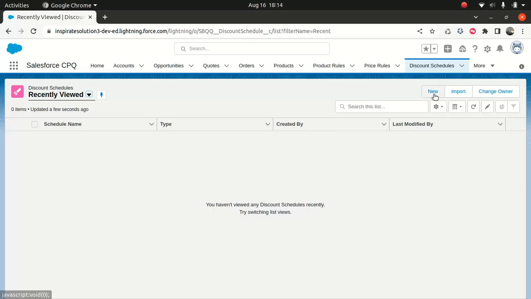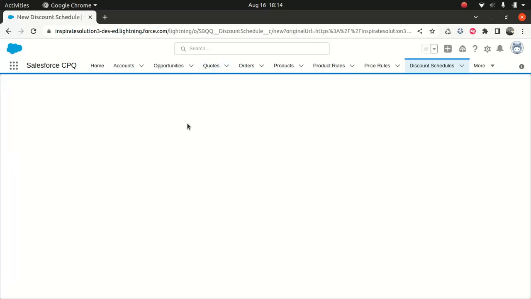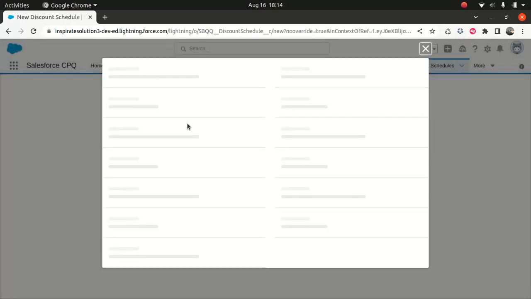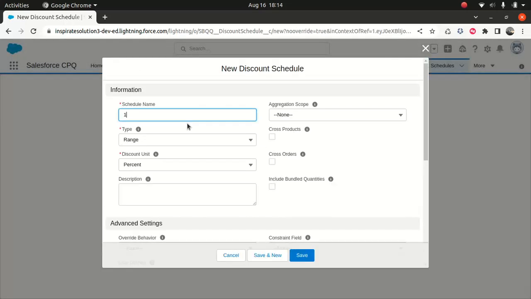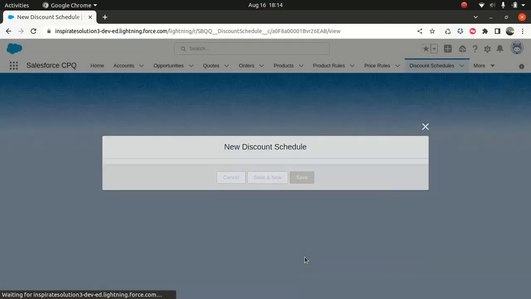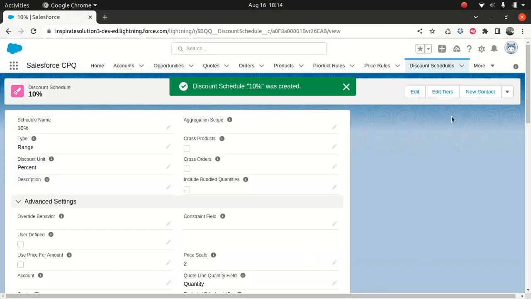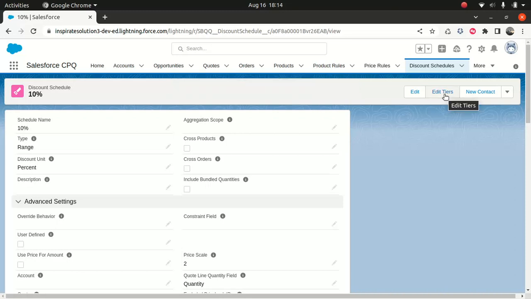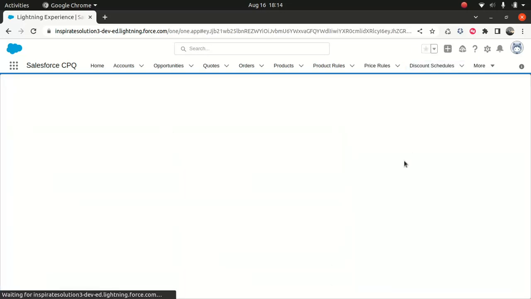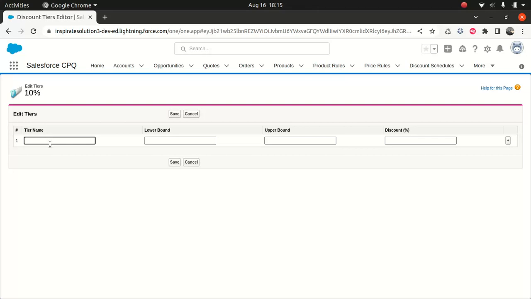What you have to do is click on New, and we're planning to give 10% discount, so I will say 10%. I'll keep every other option as such; I'm not going to fiddle with it at this stage. I will save. Now pay special attention to Edit Tiers. This is where we're going to add the range. We click on it, and then you give the name. So we say 10%